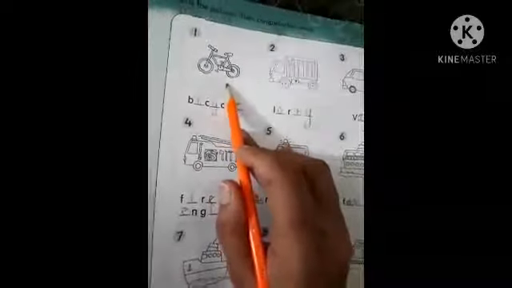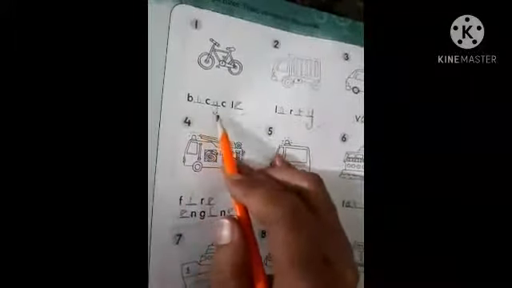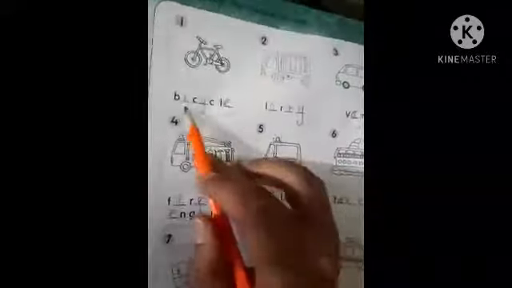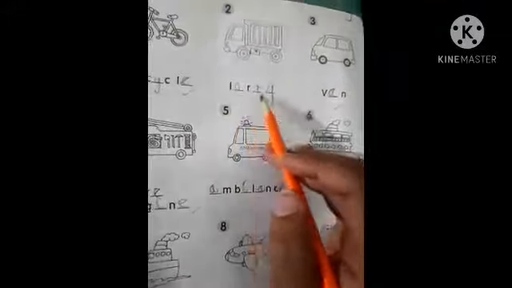This page is as your HW. So please mention the HW on the top of the page. Mention the date on the left corner. And here we have some pictures. First you will pronounce the name of this picture like bicycle. Then focus on the sounds: by, B-I; cy, C-Y; cle, C-L-E. Bicycle. Fill the blanks with missing alphabets. Lorry, L-O-R-R-Y. Van. First you will pronounce the name of this picture. Van. A is the sound of A. Like this you will do this page.